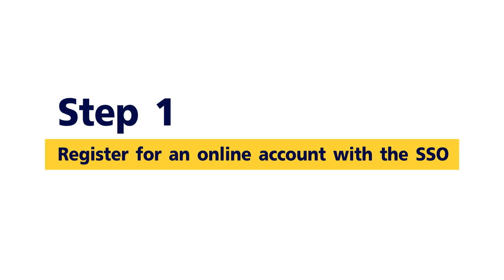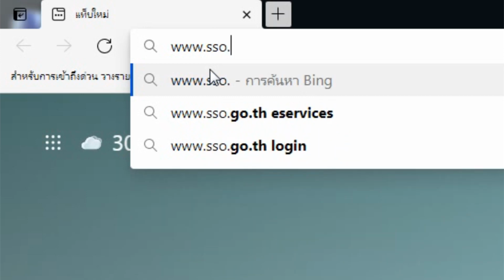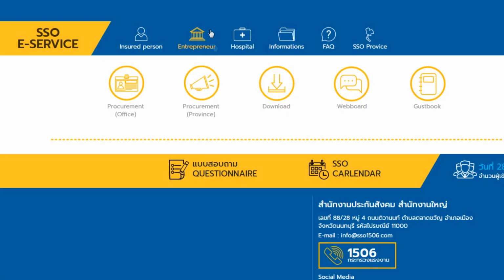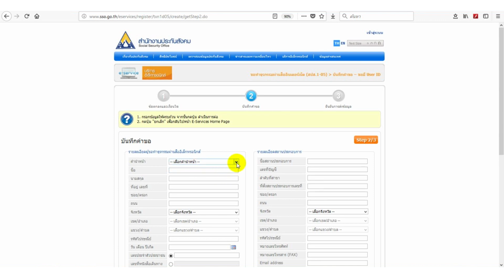Step 1. Register for an online account with the SSO. The employer is required to register through the website www.sso.go.th. Select the button Enterprise and choose the menu Online Transaction Request. Then fill in the online registration form